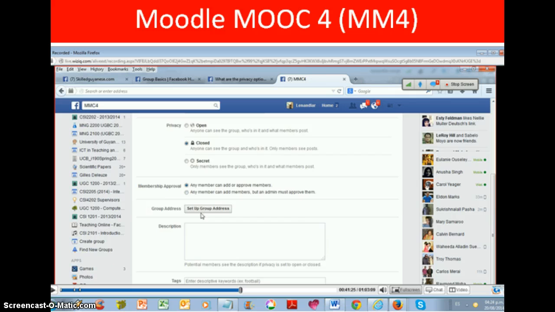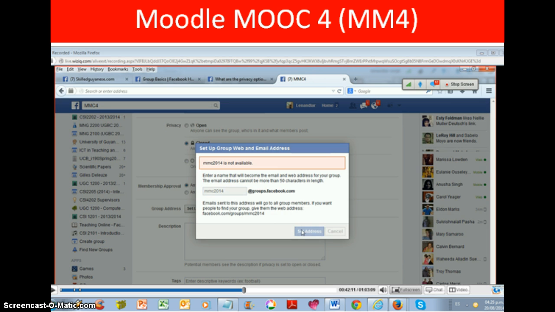In this space, we can configure several elements such as changing the group name, the type of privacy we want for the group, the approval of membership requests, placing an address for the group, giving a description of the group, placing tags or labels on the group, and choosing the type of content and permission to publish approved publications. For example, here lecturer Singh tried to enter an address for the group.